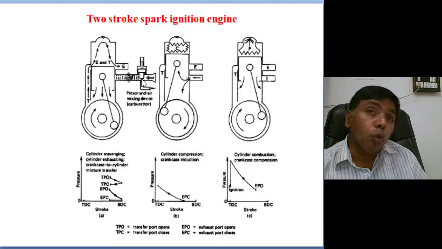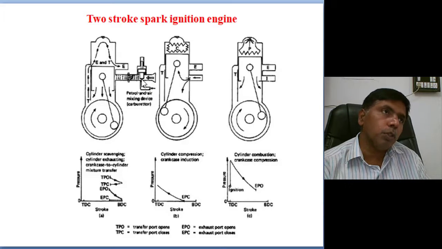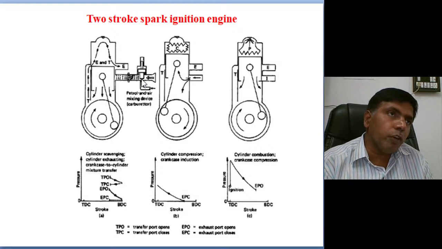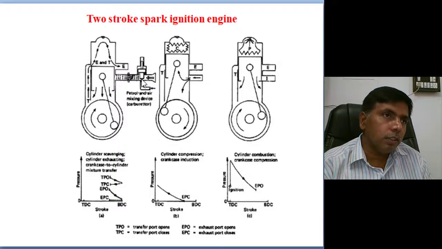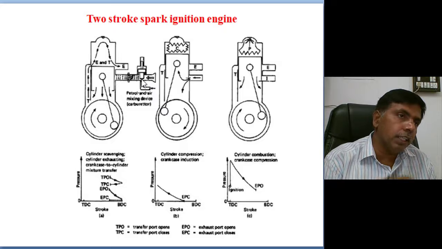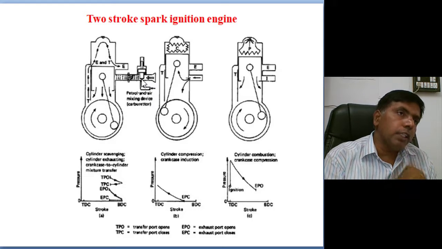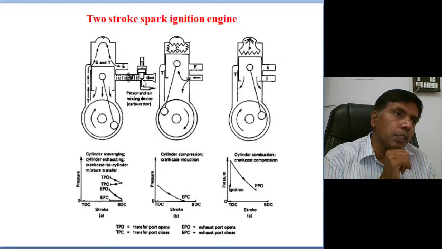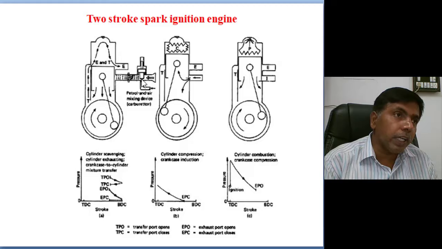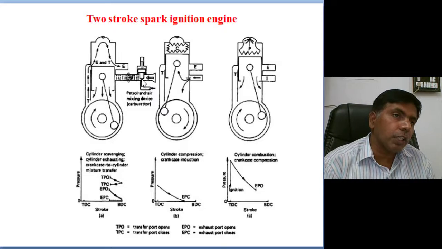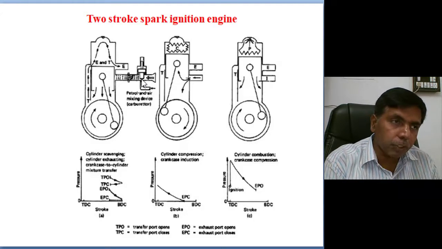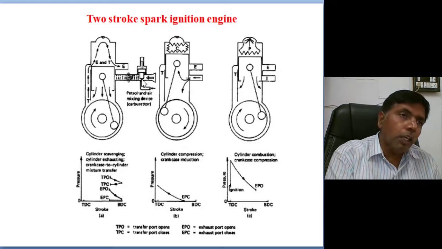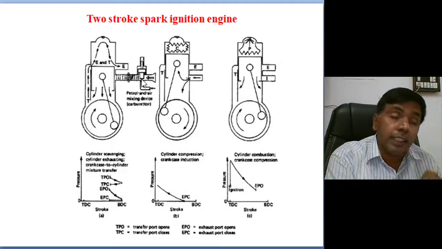And poor lubrication also. Suppose if power is required, then only we are giving good acceleration. In the general condition, if I am coming downhill, moving downside, I am not giving acceleration, but the piston is moving inside the cylinder, and there is no lubrication. Why? Because I am not supplying air-fuel mixture. If I am not supplying air-fuel mixture, lubrication is also not coming. At that time the engine may seize.